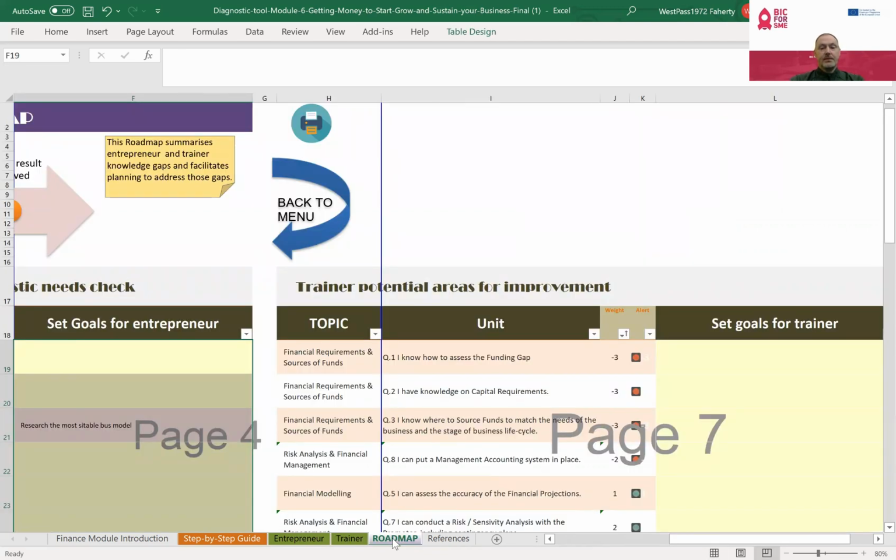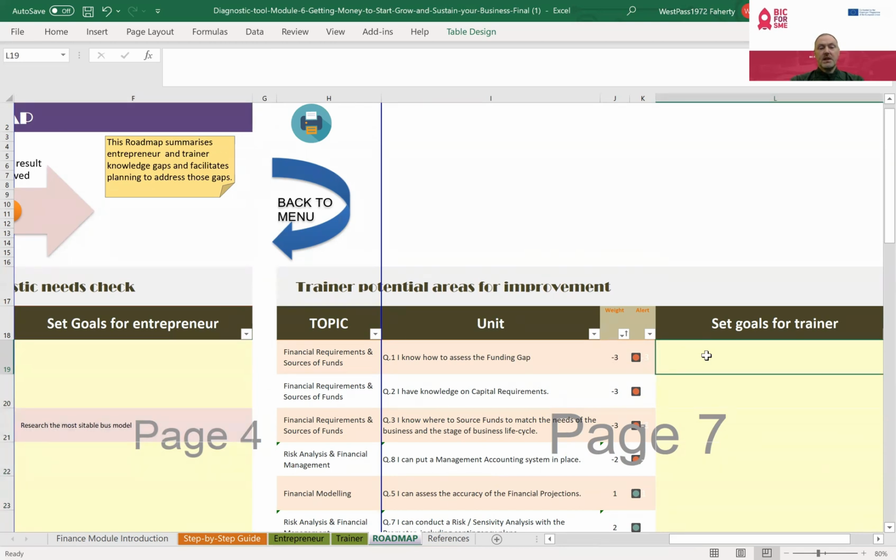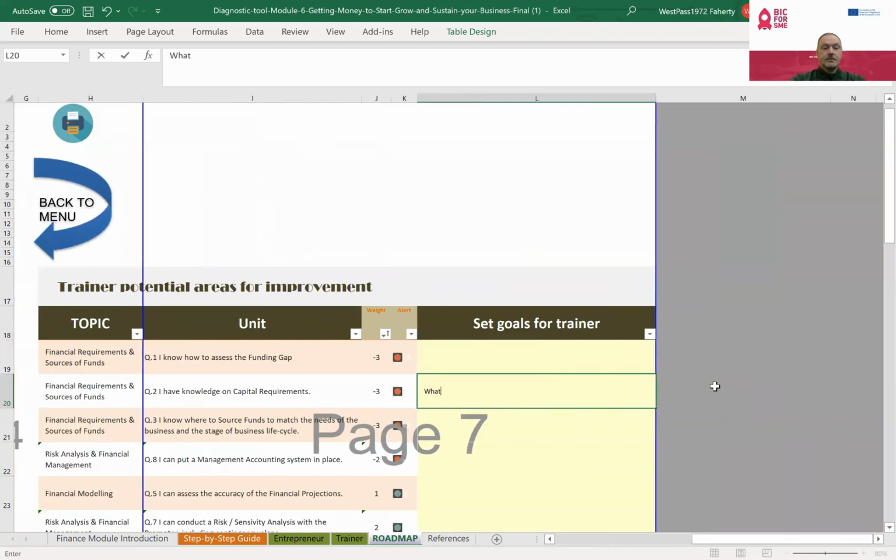As with the entrepreneur, the trainer can summarize their own level of knowledge or otherwise, and specific tasks or goals that they must undertake to address any knowledge deficit. For example, here, what are typical startup costs? And like the entrepreneur,